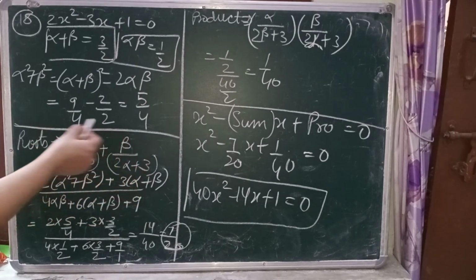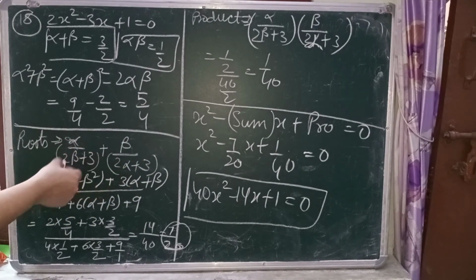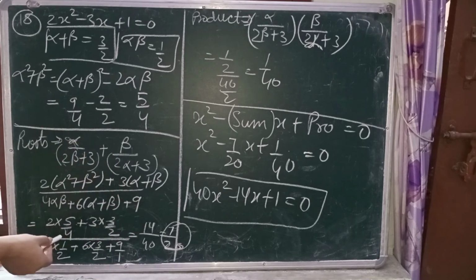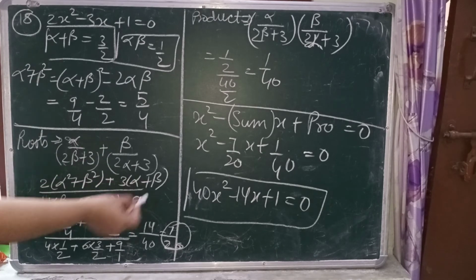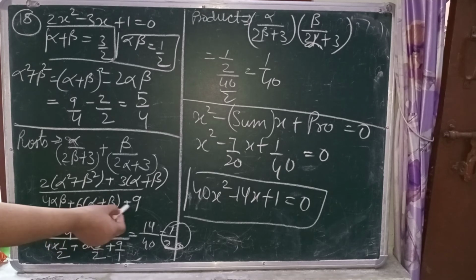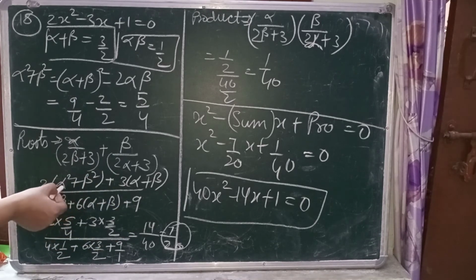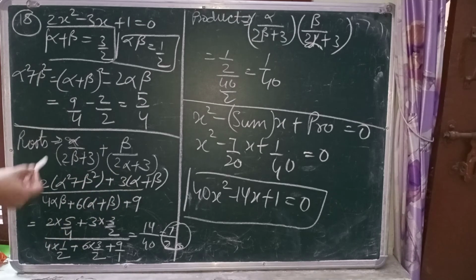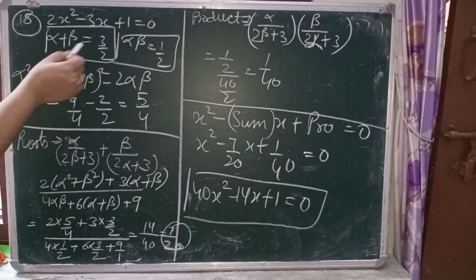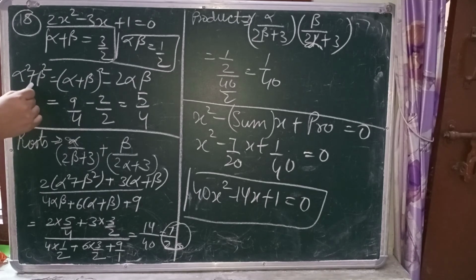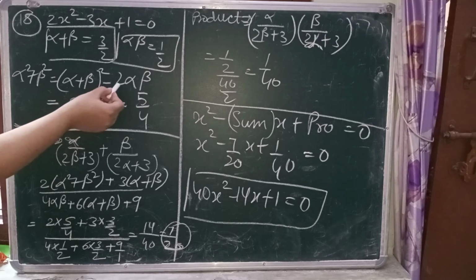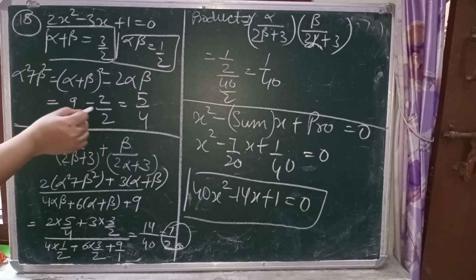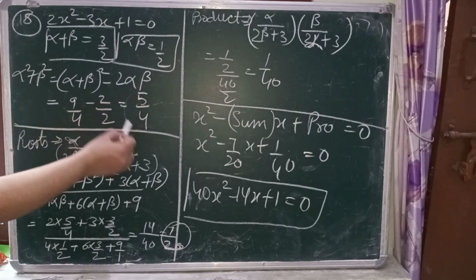So first of all I have found the sum. The sum will be the sum of these two roots. I have solved and got it in the form twice of alpha square plus beta square after taking LCM, and thrice of alpha plus beta, 4 alpha beta plus 6 into alpha plus beta plus 9. That means I need to find out alpha square plus beta square, the rest of the values we already have. As alpha plus beta was 3 upon 2, if I want to find alpha square plus beta square, then I can apply the direct identity. It will be alpha plus beta whole square minus 2 alpha beta. So alpha plus beta was 3 upon 2, so it will be 9 upon 4 minus 2 into alpha beta, that means 2 into 1 upon 2. So it will be 1, 9 upon 4 minus 1 will be 5 upon 4.